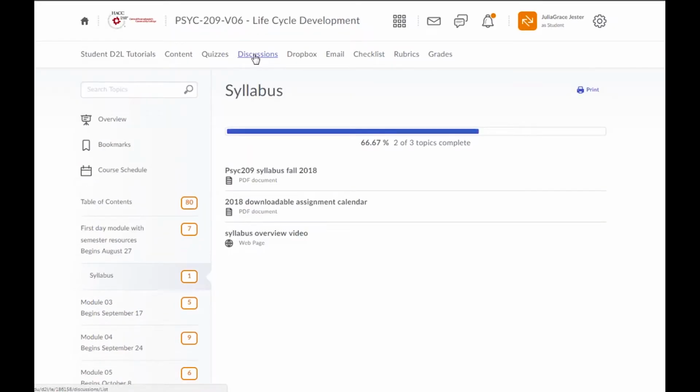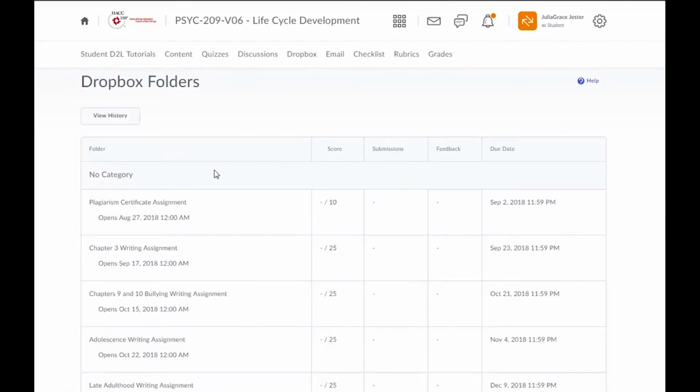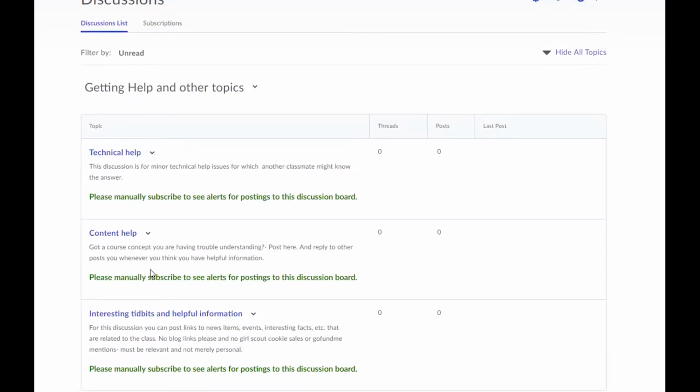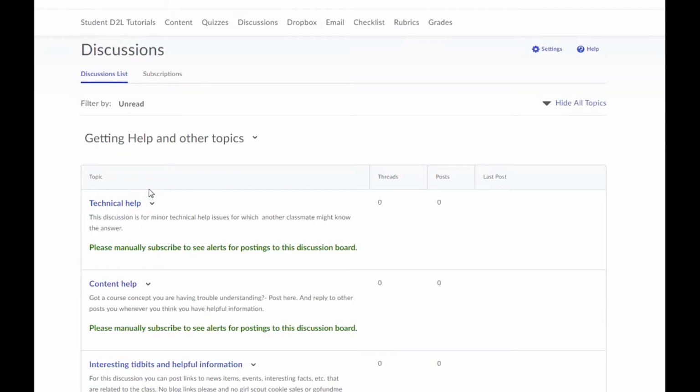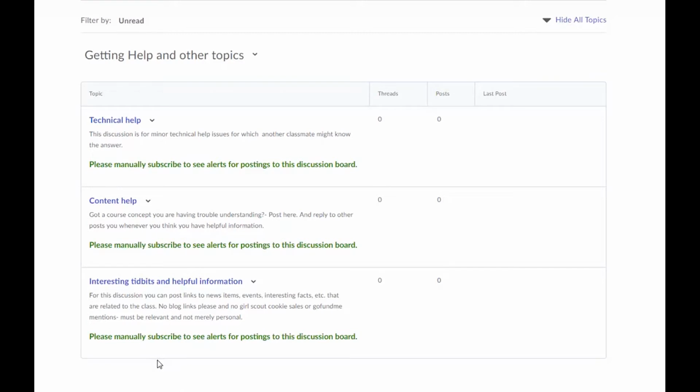I'm going to show you how to look at the Dropboxes and discussions as well. So this is an example of a Dropbox. Again, we've got due dates, we've got when things open, we've got the value of them, and you'll be able to come back here and get your feedback once things are graded. The same with discussions. Here in discussions, you start with a couple of different help discussions, and again, these may vary a little bit depending on the class. And then later on, discussions will appear that are the graded discussions, and they appear as each date comes up. So if I was in the professor view, I'd be able to scroll down and see all of them, but you will see the discussions as they become available.